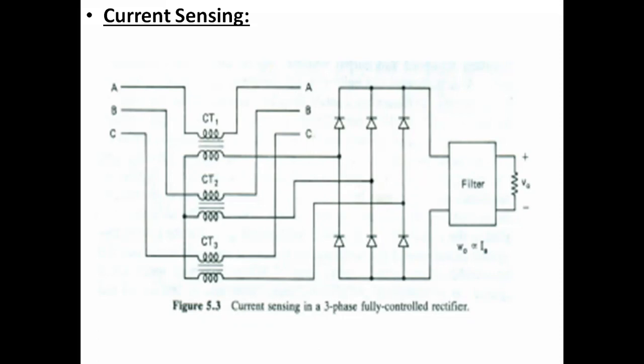Coming to the second method, it involves the use of a non-inductive resistance, which is connected in conjunction with an isolation amplifier. This arrangement provides amplification and isolation between the power and control circuits. But the shunt has some limitations. The main limitation is that it provides only a small output voltage, in the order of 7.5 millivolts to 75 millivolts at rated current.